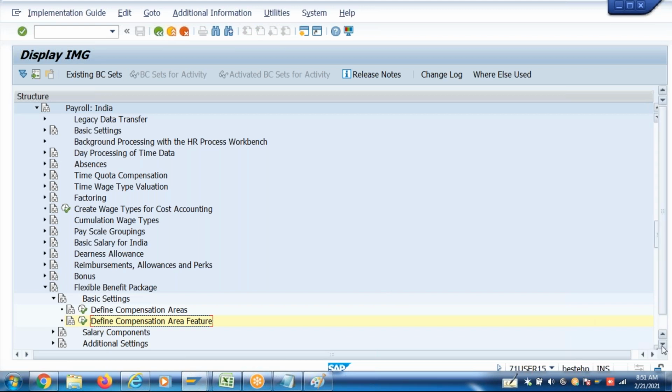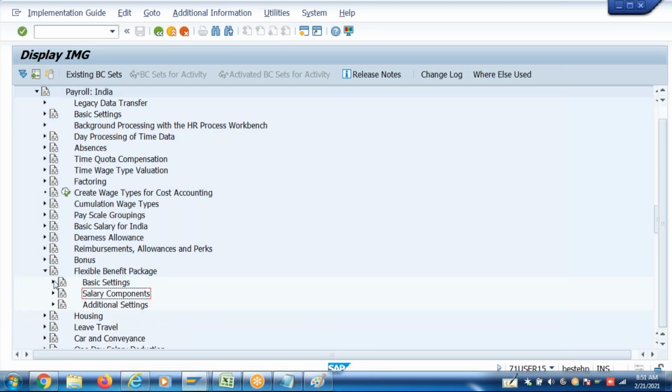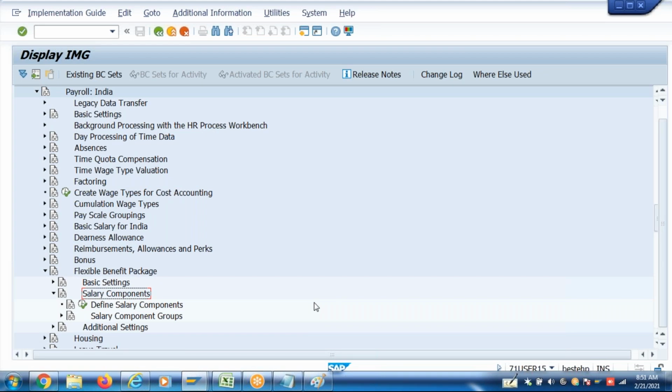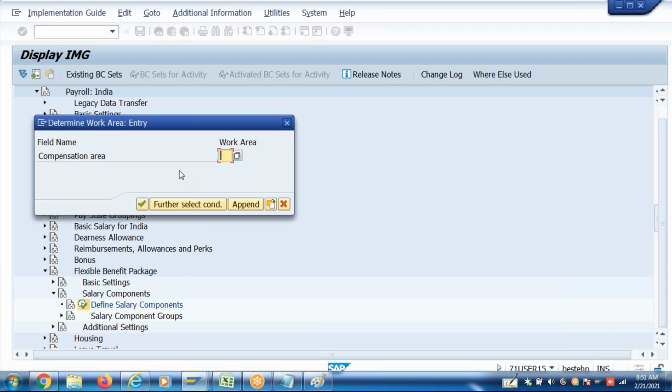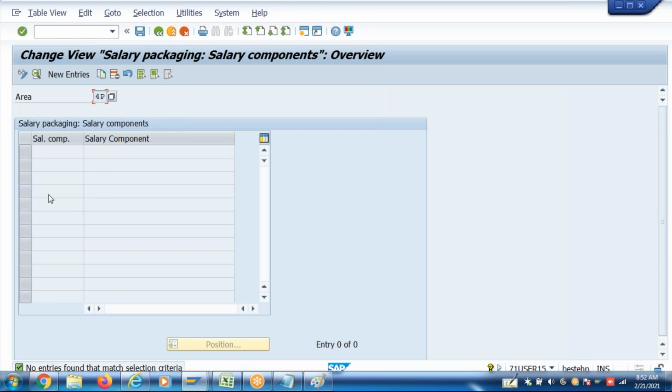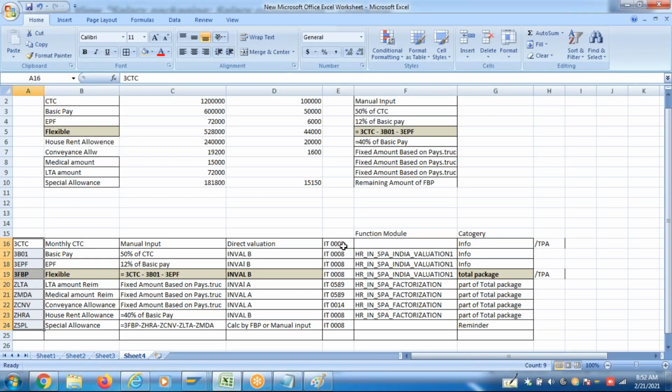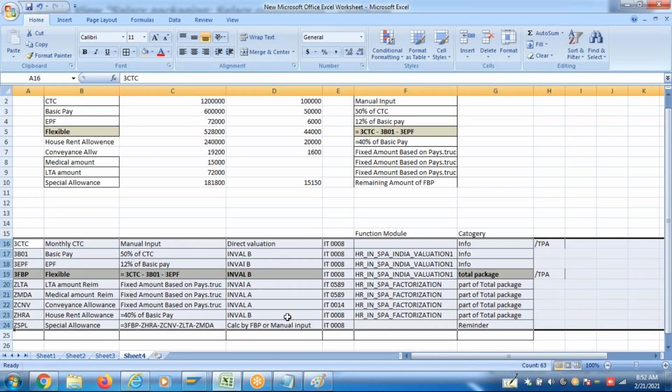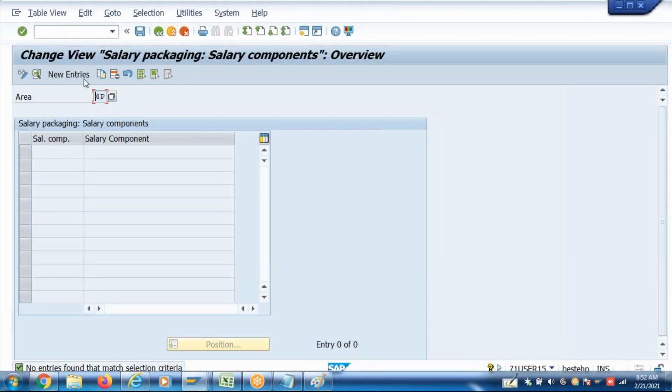Salary components for the compensation area. So define salary components. Within compensation area, it will ask you which compensation area you are configuring. 4P. In this compensation area, I'm going to configure all the components. So that means this part we are configuring now. In a salary packaging screen,